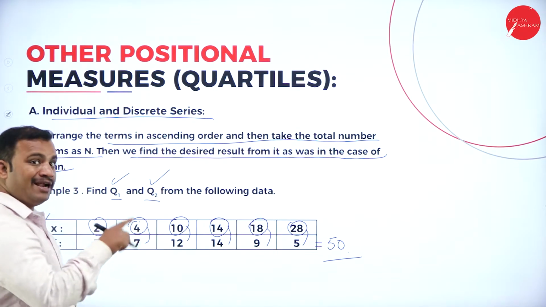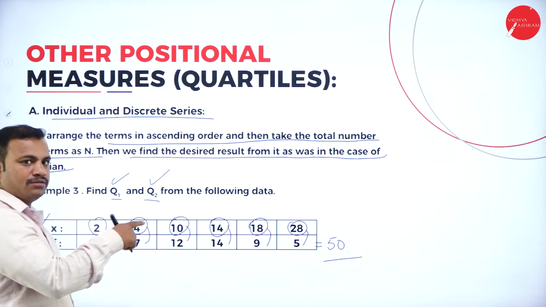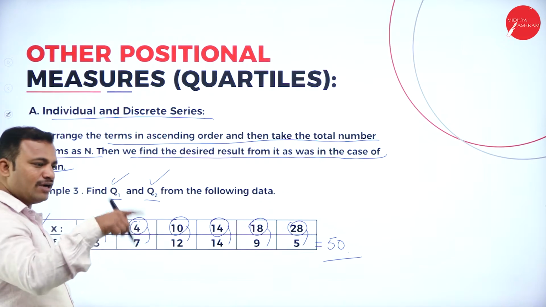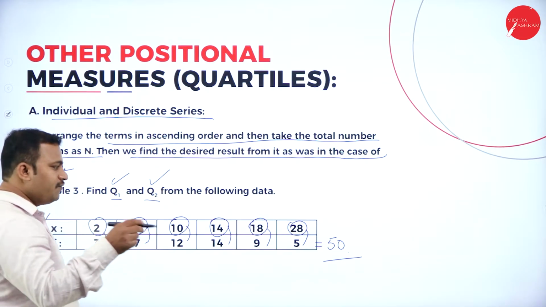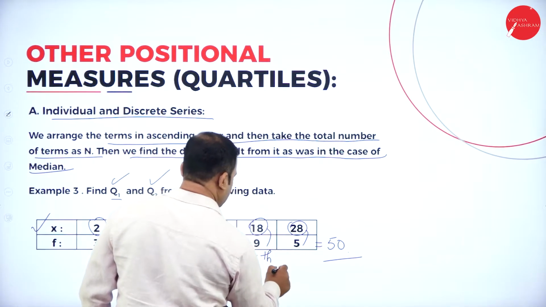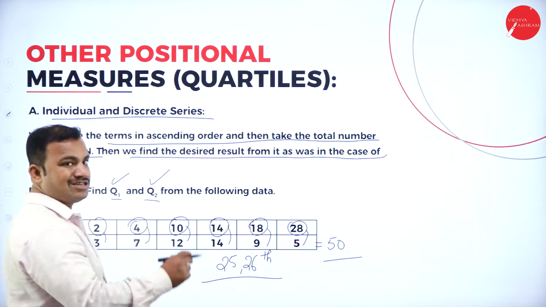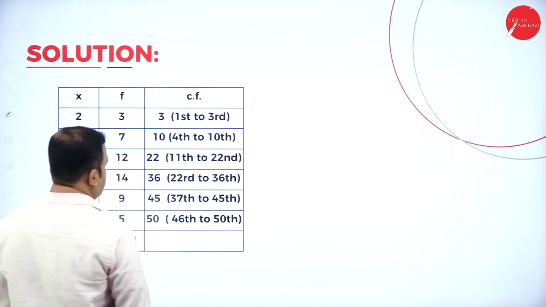We have to find out the median. How can I find out the median of this? That is 48, that is 24 towards left and 24 towards right. I'll get the two values, that is the 25th and 26th terms. The 25th and 26th terms are considered here. So the 25th plus the 26th term divided by 2 gives me the value of the median. Please see here.